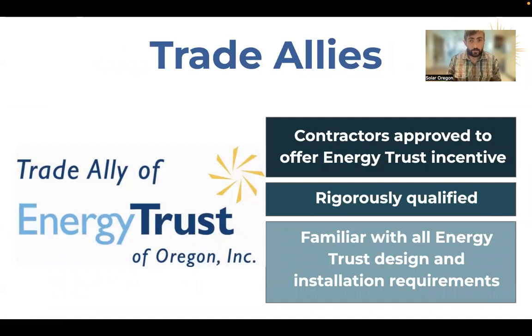The Energy Trust of Oregon, besides providing really great incentives for solar, and besides helping to support great educational resources like the ones that Solar Oregon works so hard to provide for you, also rates and qualifies solar contractors. So a solar contractor can be certified as an Energy Trust of Oregon trade ally. Only Energy Trust of Oregon trade allies can take advantage of the Energy Trust of Oregon incentives. So it's really great to go with a trade ally, not just because you get the Energy Trust of Oregon incentives if you are eligible for those,